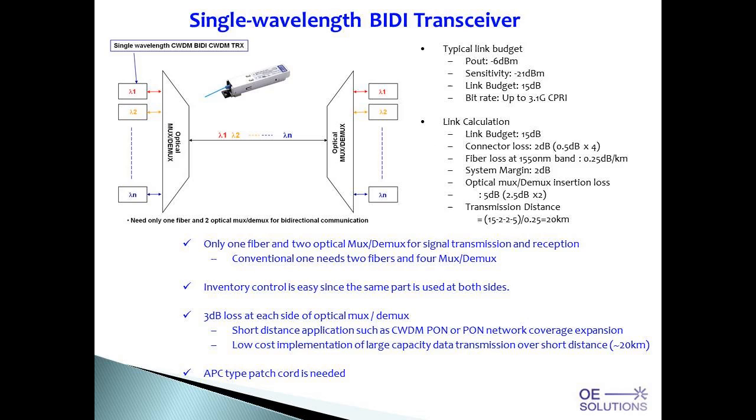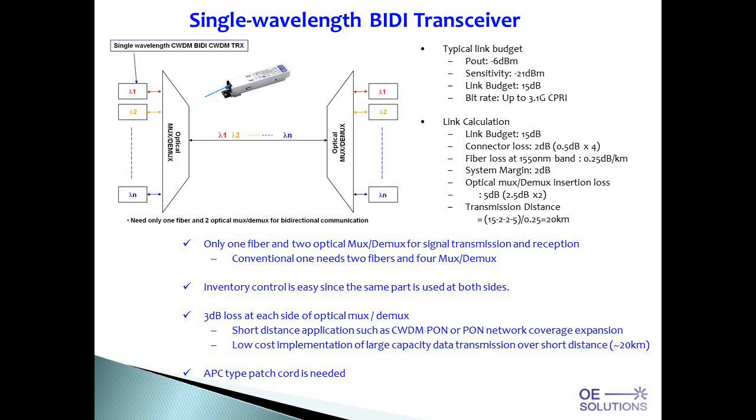And as you can see in the link calculation, it can have as much as a 15 dB link budget, which can be enough for a transmission distance of 20 kilometers. Because only one fiber and one wavelength is used for each link,